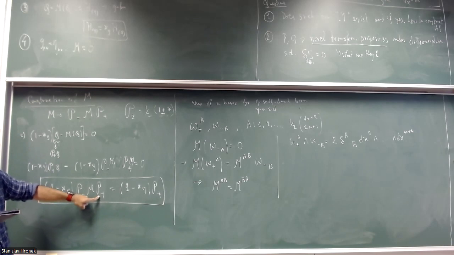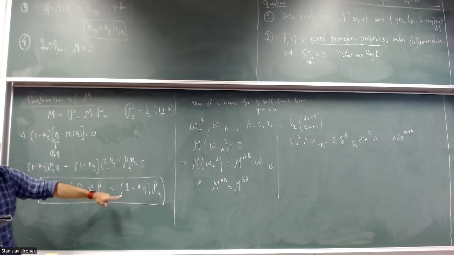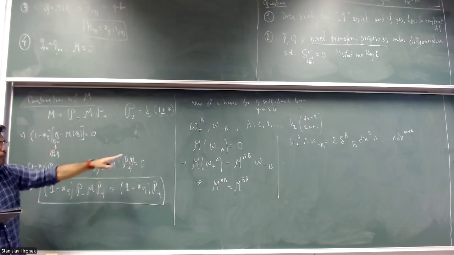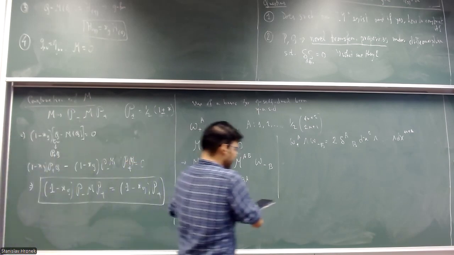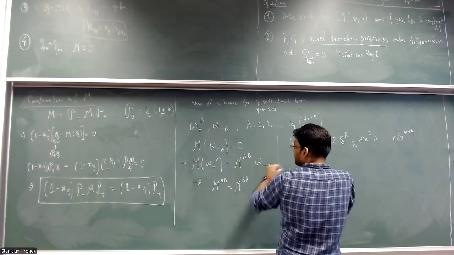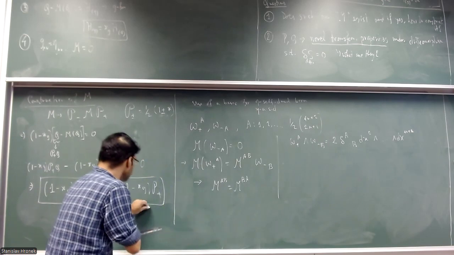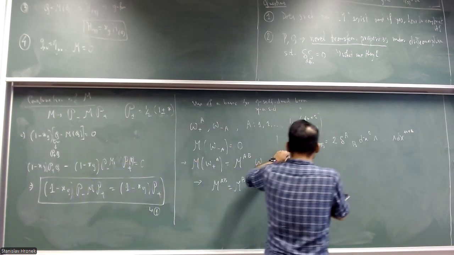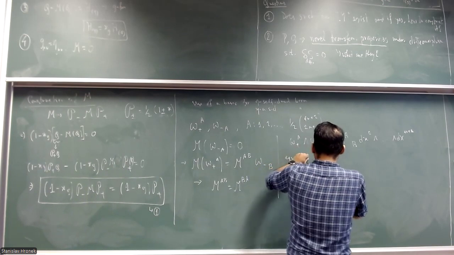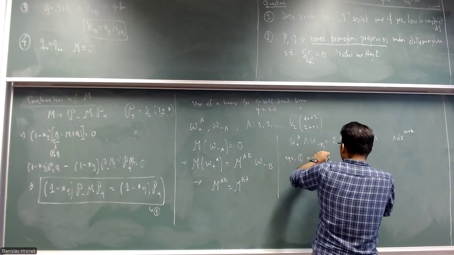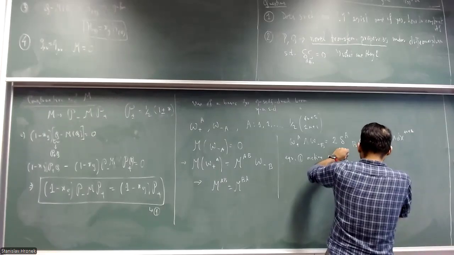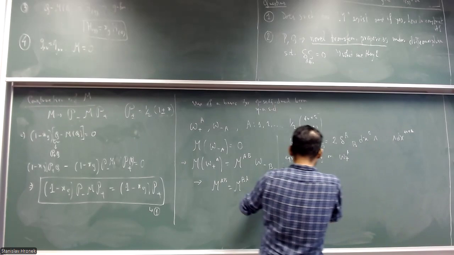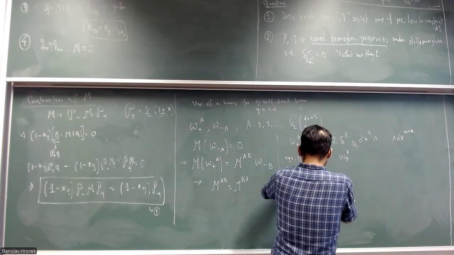So this operator equation is not going to give us anything substantial when it's acting on omega minus A. But when it acts on omega plus A, let me call this equation 1. So equation 1 acting on omega plus A gives us essentially